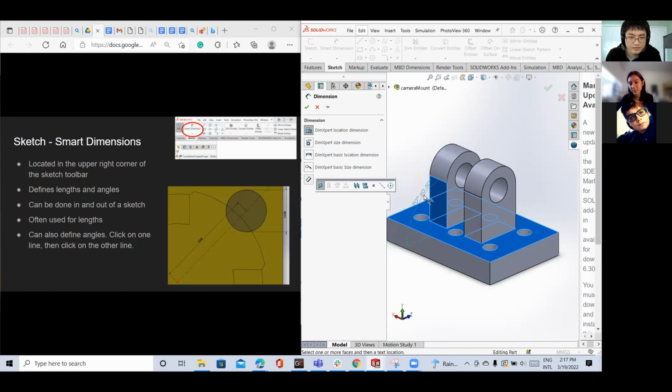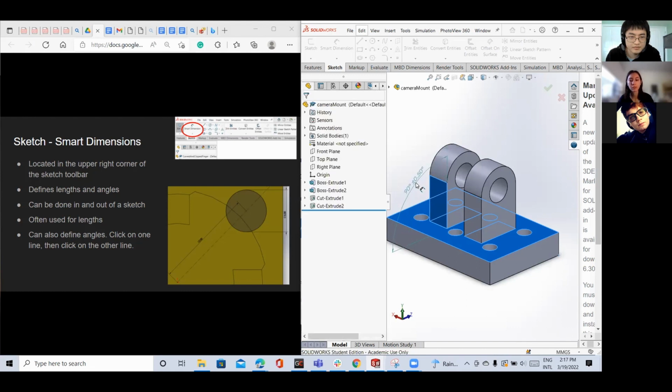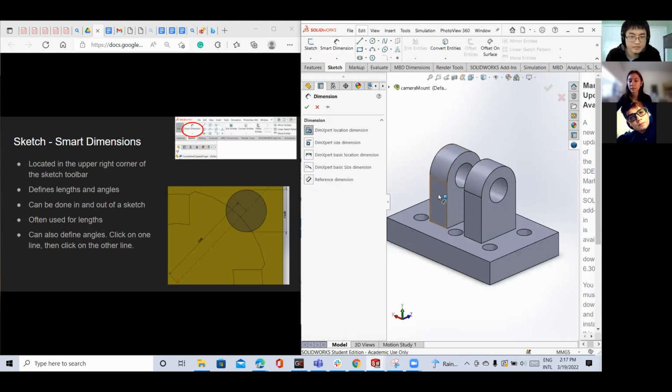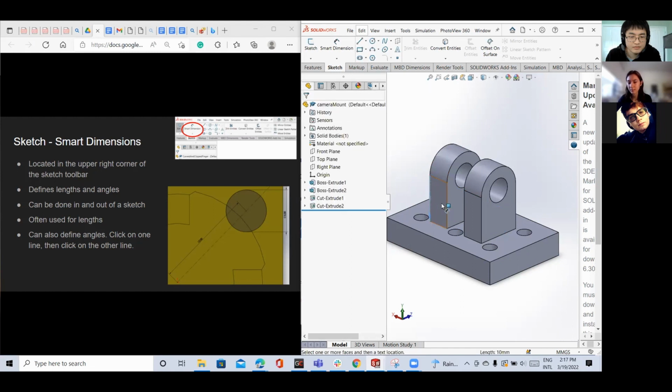It works pretty much the same. You just select two things and it'll give you an angle, or you can select the distance between two lines and it'll give you a distance. Or if you select a single line,